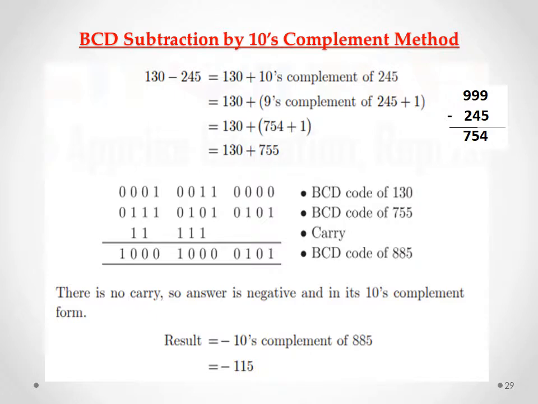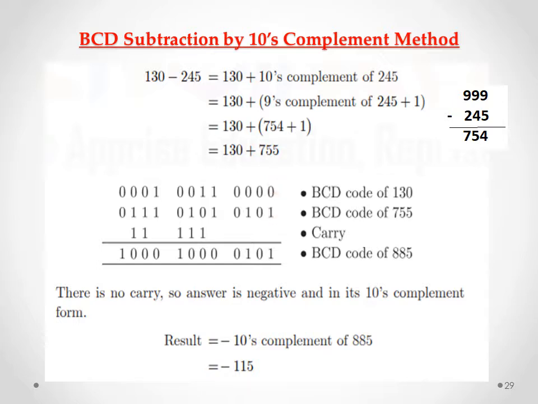In this question, 130 minus 245, the answer is minus 115. In this case, minus is smaller. So first we will take 9's complement of subtraction. So first 999 minus 245, it's equal to 754 plus 1, that is 755. It's the 10's complement of subtraction. Now we are writing minus and subtraction in 10's complement form. Then start the